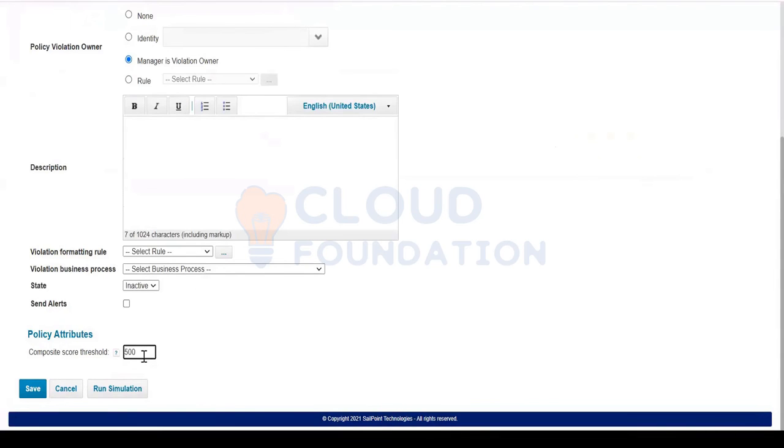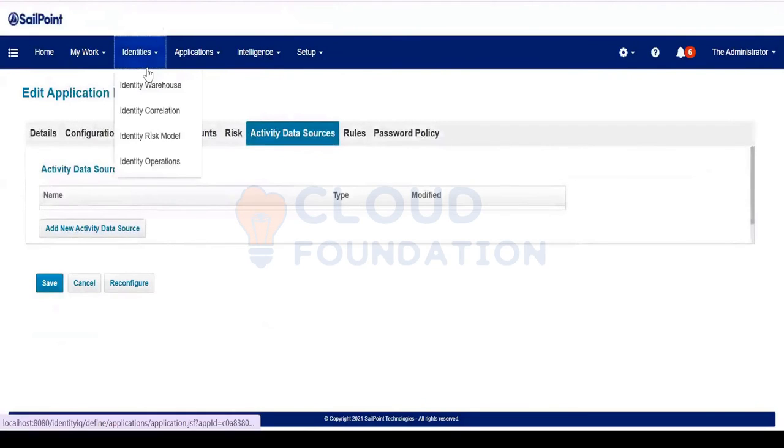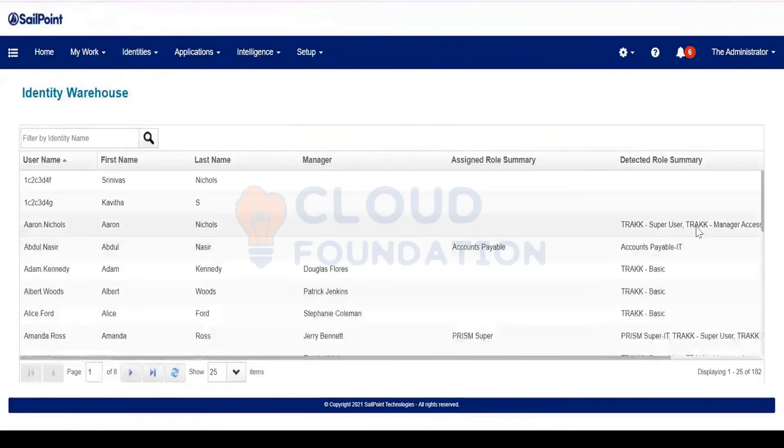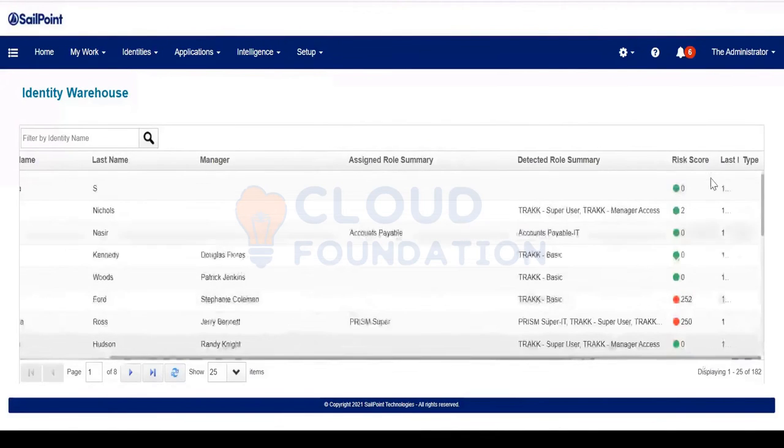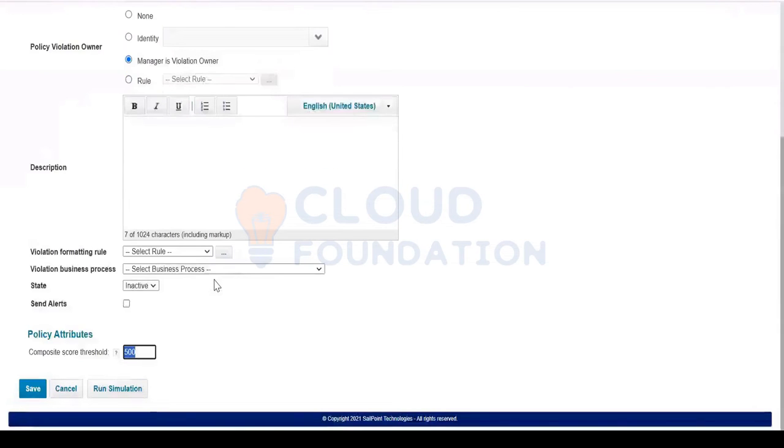This is what it means, 600 and 100, because every user will have an identity risk score. Whenever the threshold level is reached, beyond that level, a violation will automatically be created.